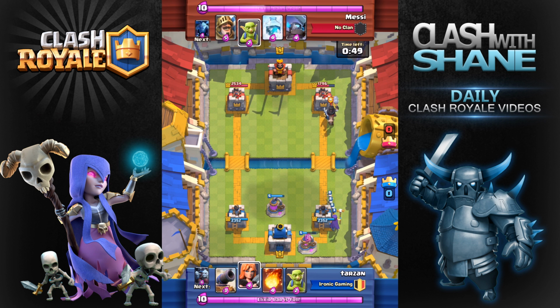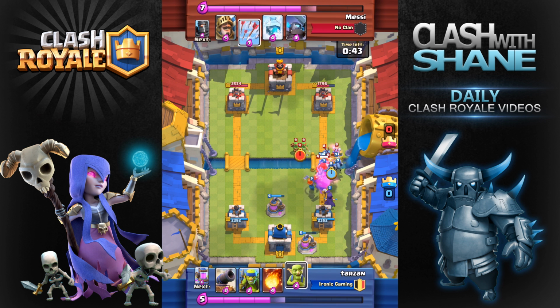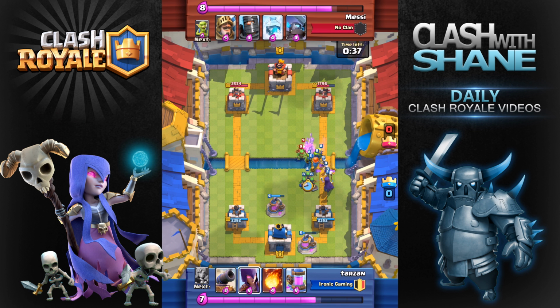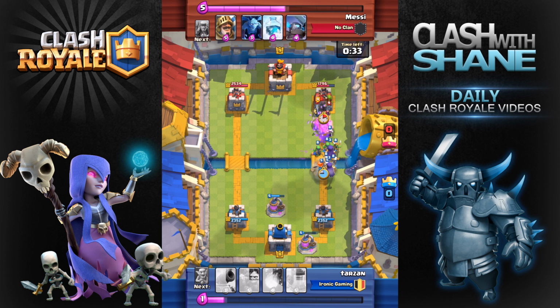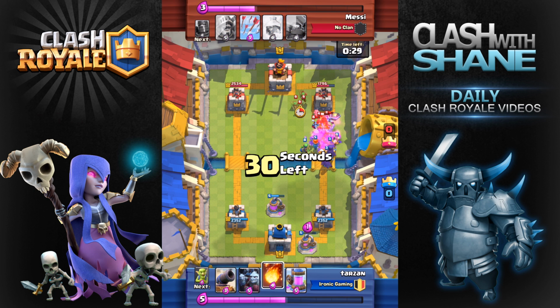So once again, I dropped that witch in the back here. He's got his Dark Prince coming up here, which is a really good counter for these skeletons. But I had that Valkyrie up front, which is really great because she's pretty tanky. So she's going to go ahead, take that Prince from me, and she's still alive there. Now, I have a pretty strong push here with the Witch and the Goblins. I'm going to drop a second Witch there, which is really awesome,